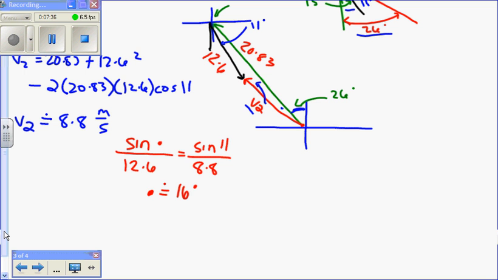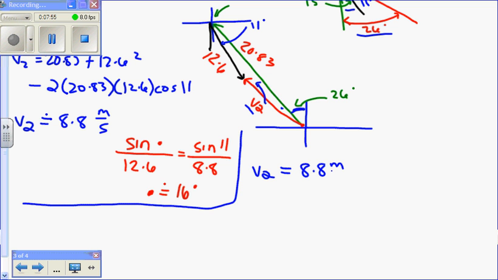Okay, knowing that, I can now report V2. It actually gives me my answer that V2 equals 8.8 meters per second, 16 plus 26 degrees west. Therefore, V2